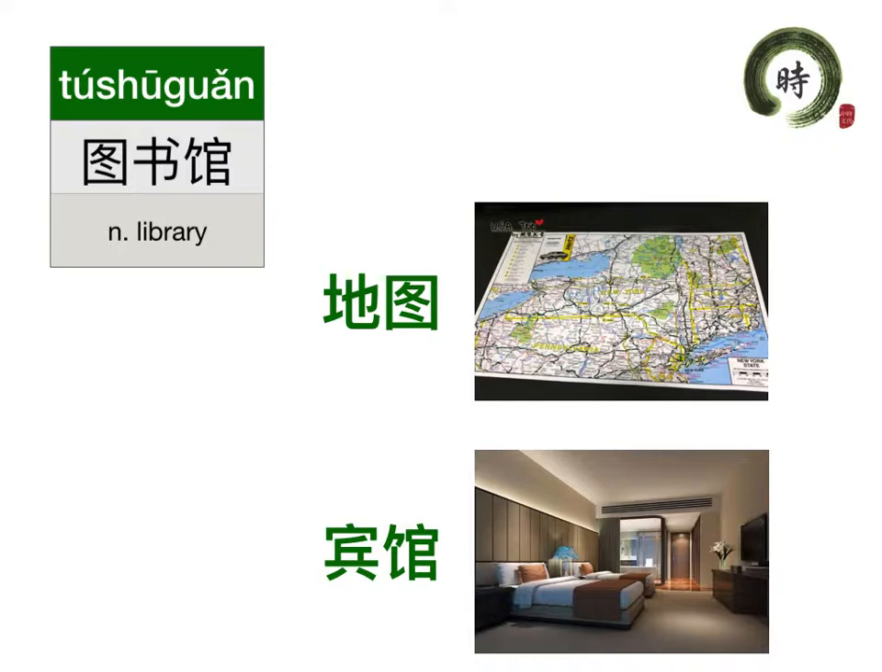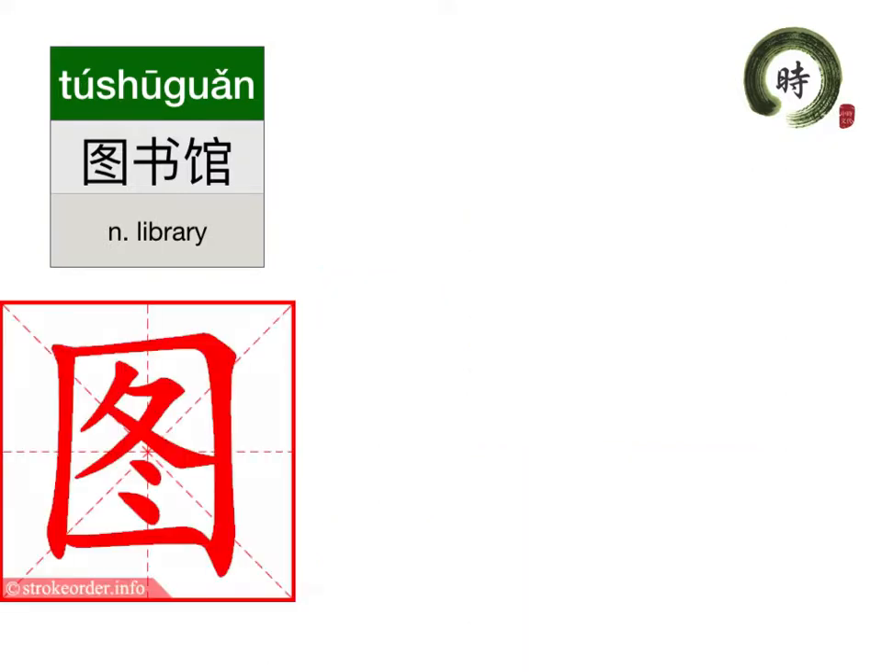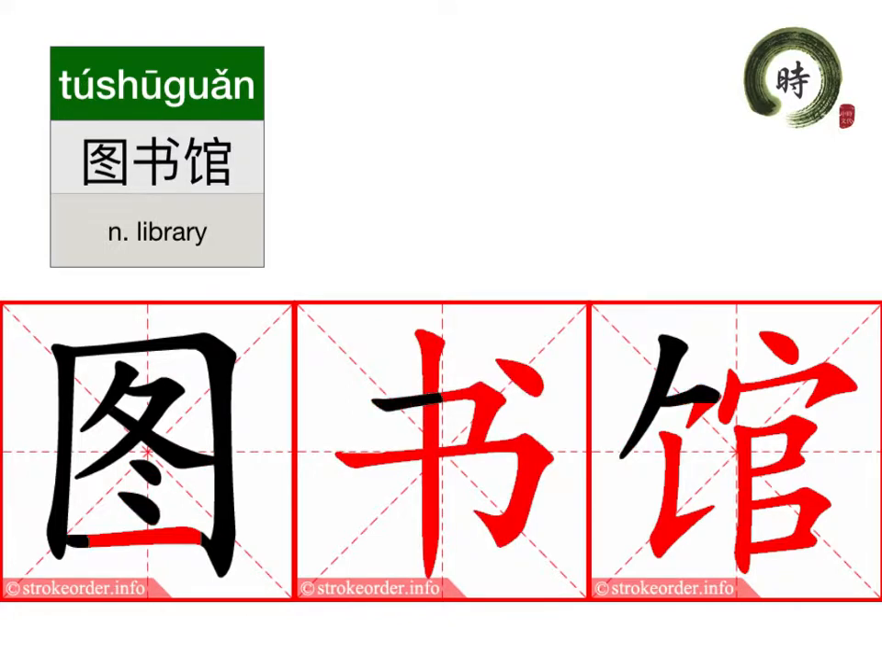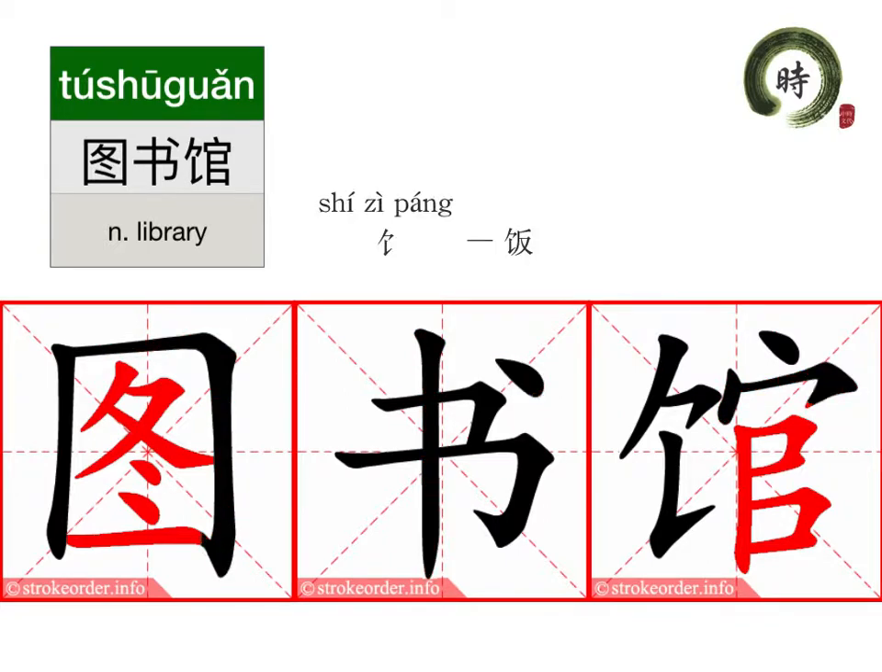Now let's take a look at the writing here. So this is 图. We have a big square outside and the character 冬 inside. 冬 has the meaning of winter. And this is 书. And this is 馆. So here, 馆 has the radical 食字旁, which we also have in the character 饭. Okay, now it's your turn to write them down. 图书馆